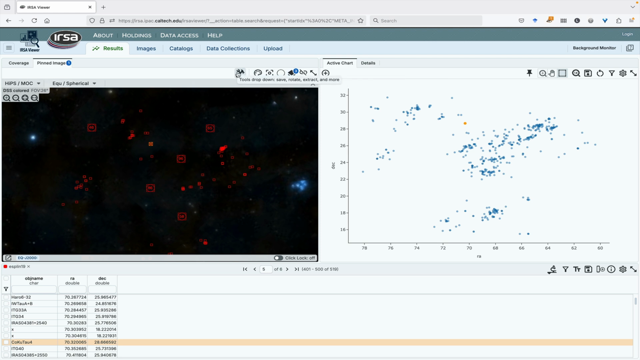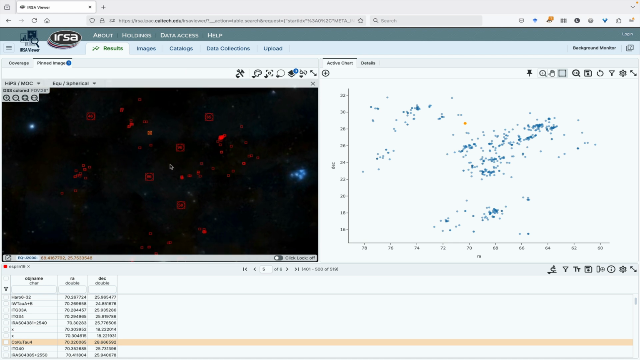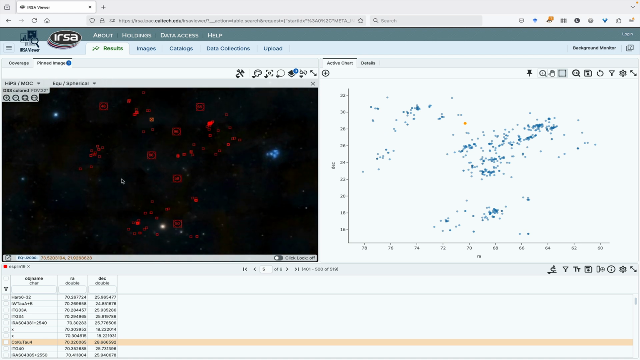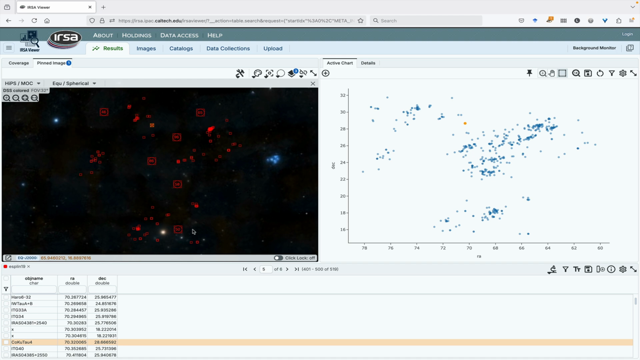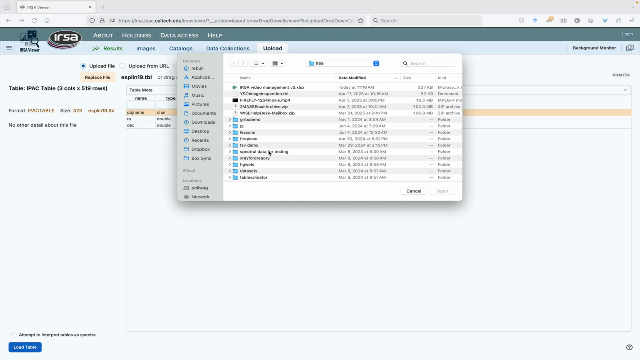Just for scale, let's go measure the distance across here, 16.5 degrees. So this is a big chunk of sky. Might even have to zoom out a little bit more to get all of it in here. Large chunk of sky. Now what I need to do is go and get the regions file that has the